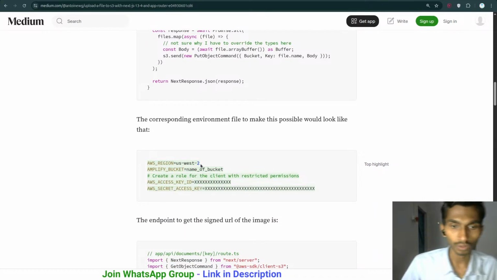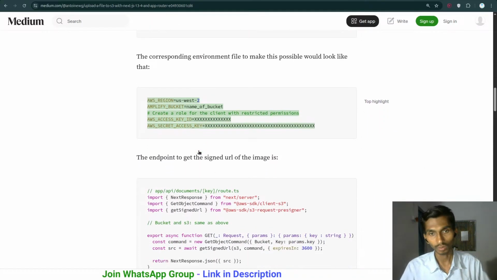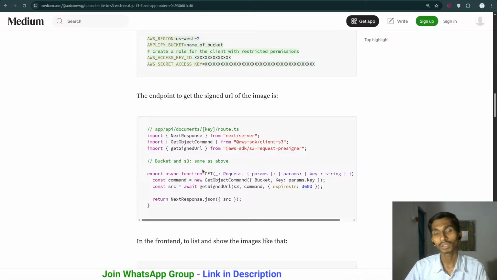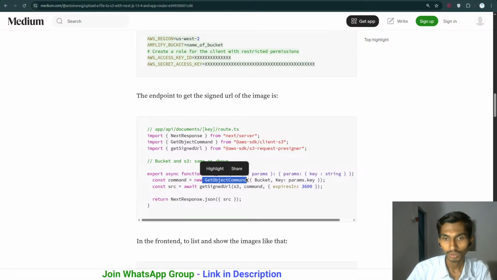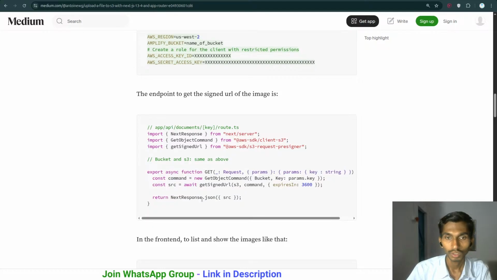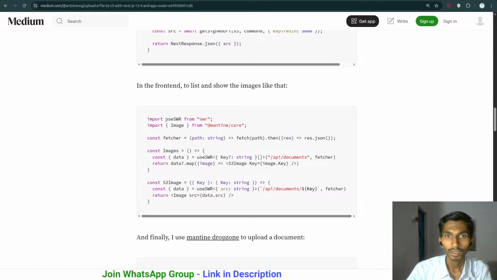Well, this is also one of the ways, but do we have to go with this way? Not really. We have our own way. We are creating a pre-signed URL first of all, with the API documentation key, GetObjectCommand with bucket, key, and params, and await getSignedUrl with the S3 command and the expiration in this much time. So we even have one more for getting the signed URL, and on the front end side